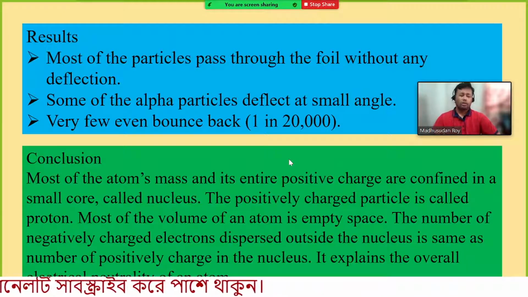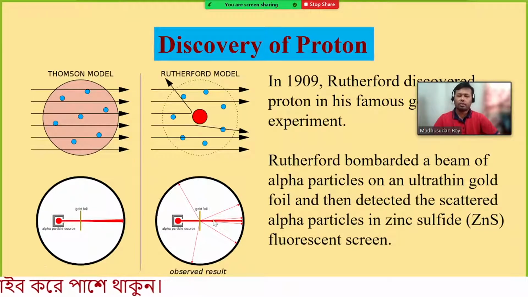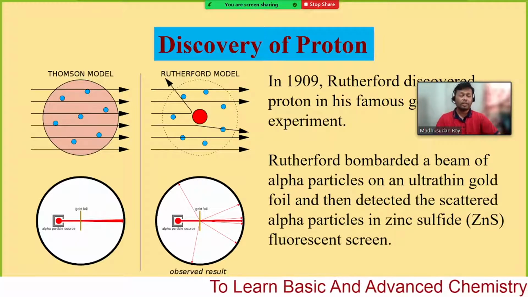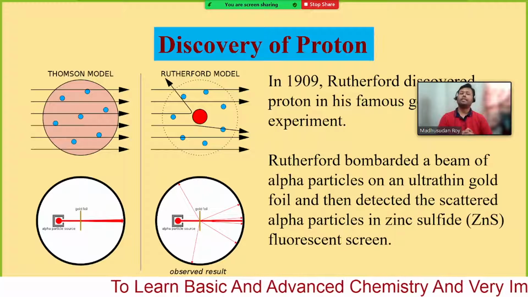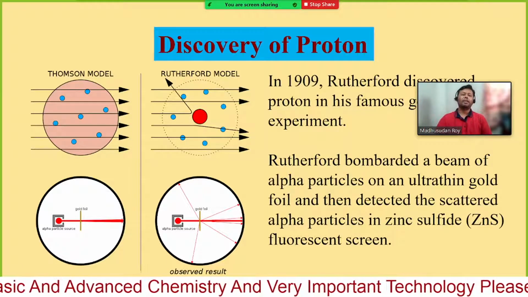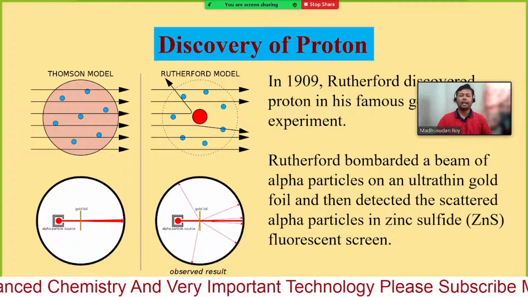From here it is a little bit difficult to explain, but from what we found previously from the discovery of the electron, the cathode ray gives electrons from the outermost shell. Inside the nucleus there are protons, heavy and positively charged. So the number of positively charged and negatively charged particles inside an atom is equal. Therefore, the atom can be considered electrically neutral.